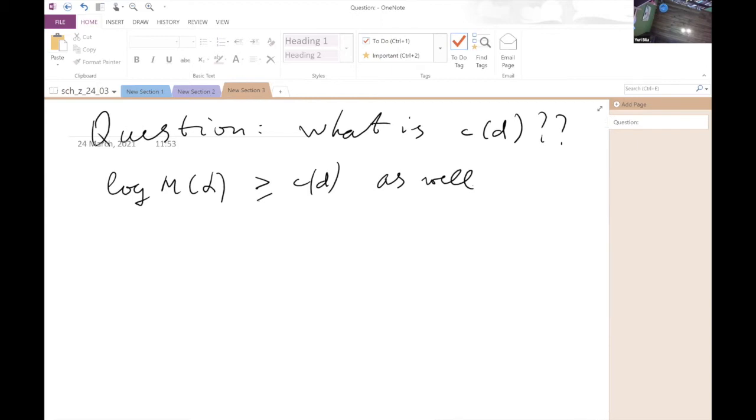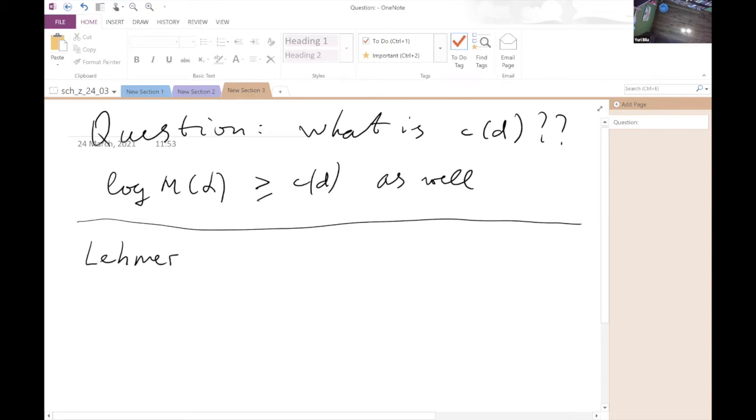And probably historically, the first one who was interested in this question in the context exactly of Mahler measure was Lehmer. In some article where he studied some primality tests or whatever, I must admit that I do not completely understand what Lehmer wants to do in this article. But in the context of this article, which was written as early as 1933,